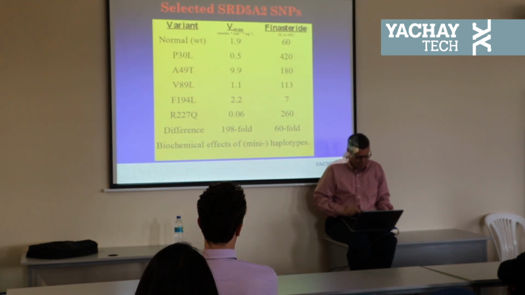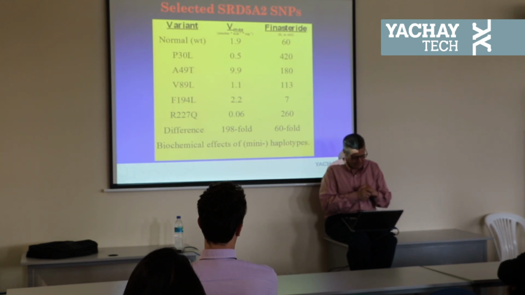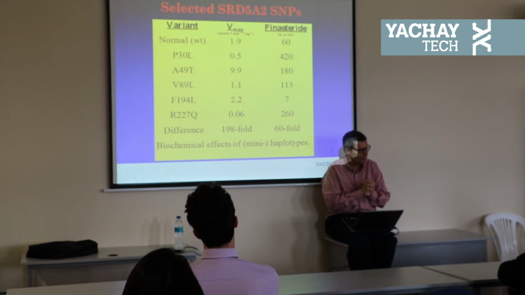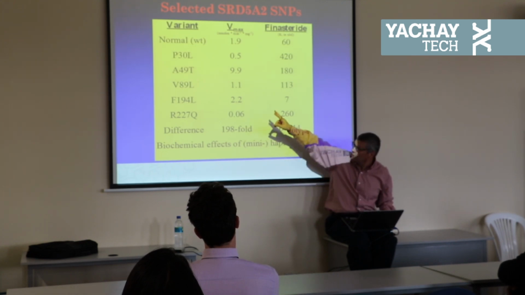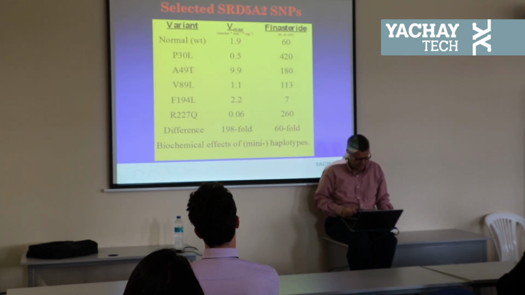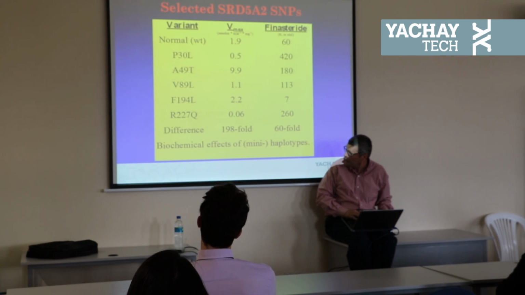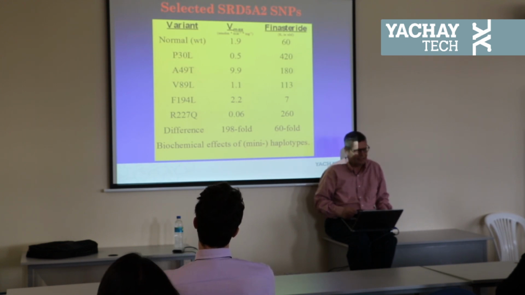Now again, I don't want to bore you with all of the details, but I do want to show you a little bit of the data, because first of all, the first column with numbers here is Vmax, which is a biochemical measure for how fast an enzyme works. And remember, I talked to you about A49T and V89L. There are some other enzyme variants listed here. And the only thing I want you to notice, here at the bottom, is that there is a 198-fold